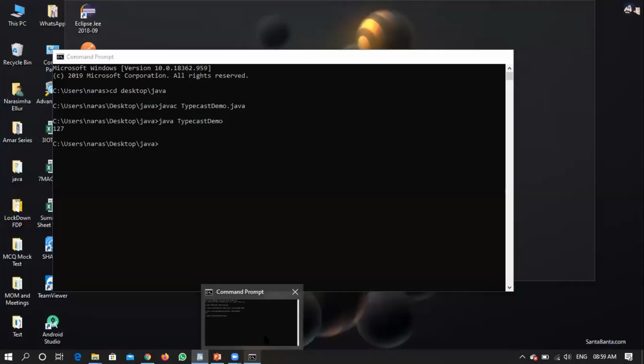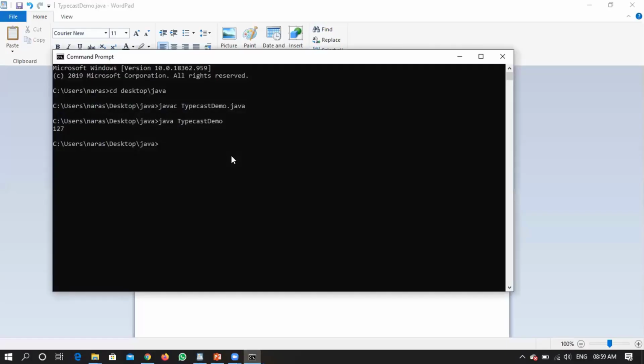No, sir. It is not in the range of byte. What will be the answer at this particular point? We'll see. It should show some error, right? So what is the error that it is showing? It is saying possibly lossy conversion from int to byte. It means you might be interested in putting some byte value itself, but you are crossing that particular range.